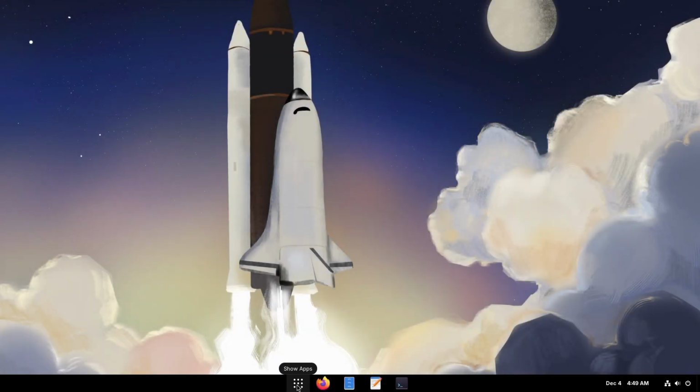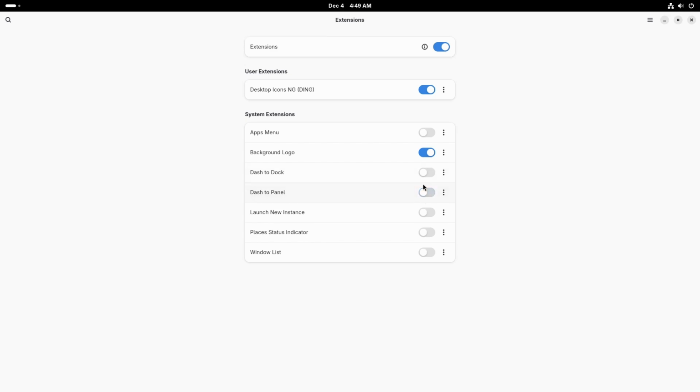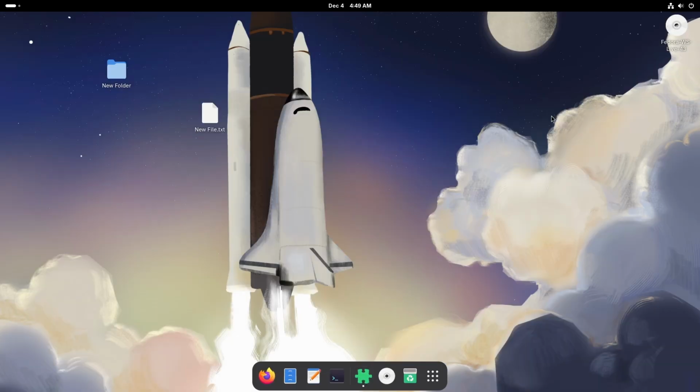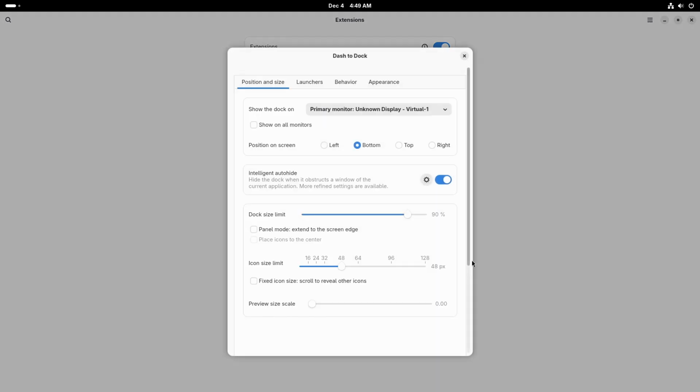So now after the restart, we will go to the extensions manager, and now we have a new extension called dash-to-dock. First we will disable the dash-to-panel extension, and that will disable the Windows style taskbar, and we will enable this one, and that will add this dock style taskbar to your desktop. To manage the settings of this one, click the three dotted icon and select settings, and here you will have the settings window